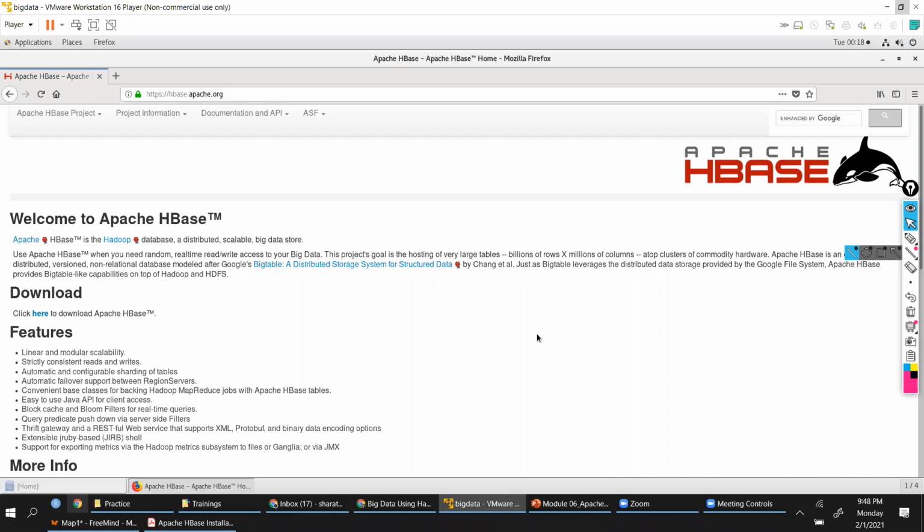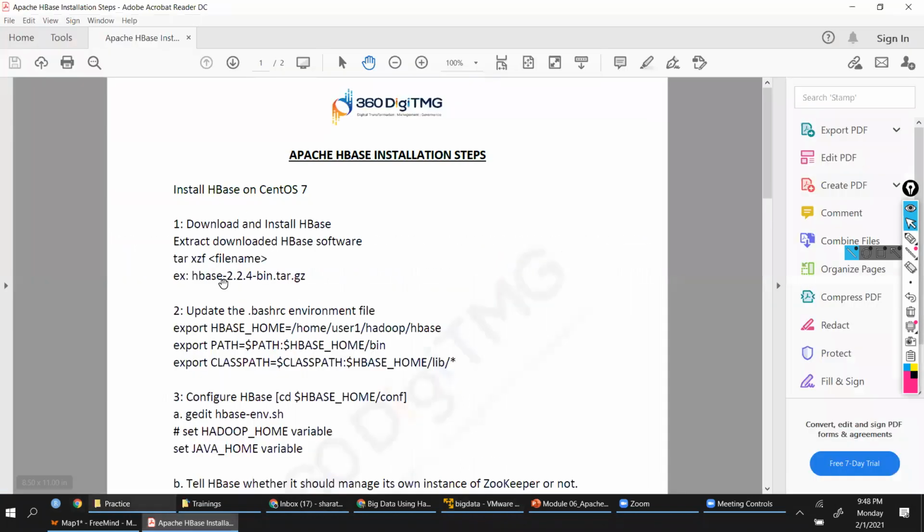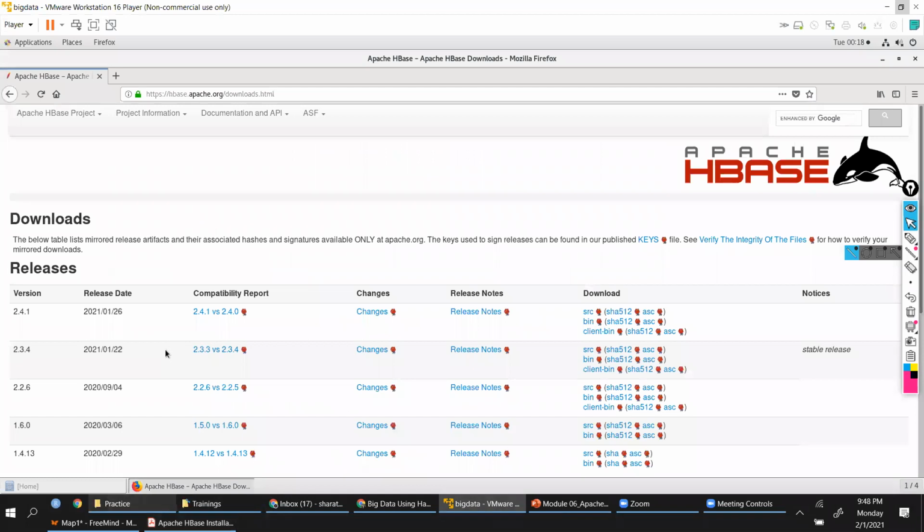So here to download, we click on this download link. Click here to download. It will redirect us to the download page. And this is the software that I have downloaded, 224. Now I see 226 is there and 234 is also there. Let's go to 226 only. We'll stick with this, right?